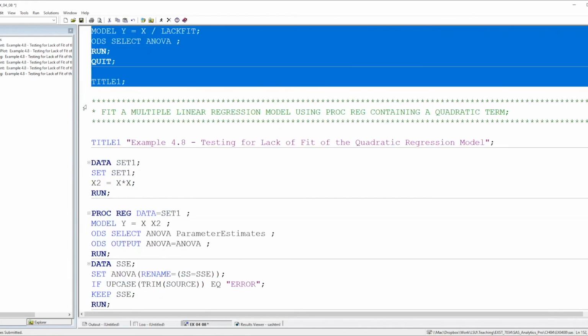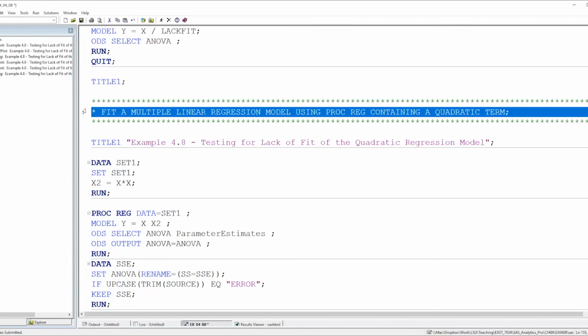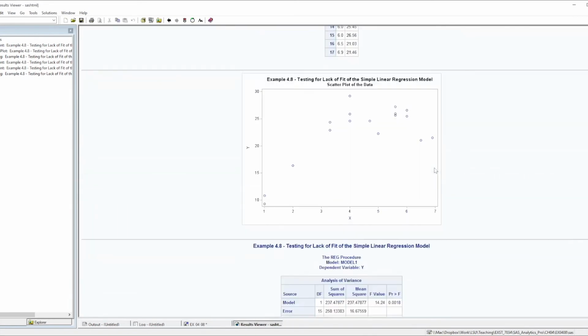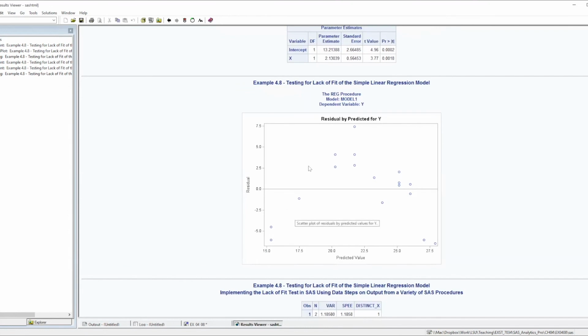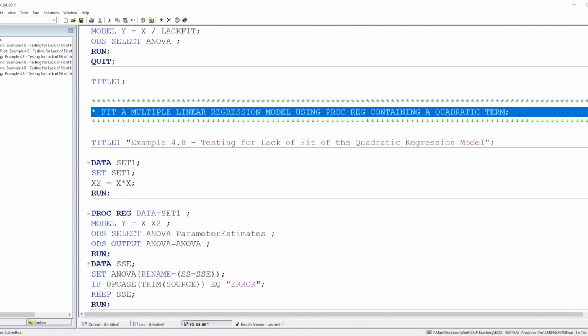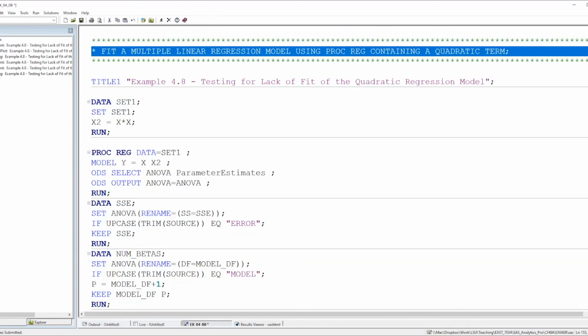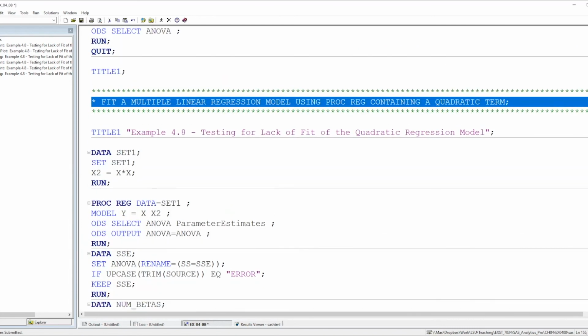Okay, the next thing we're going to do is, because the lack of fit test is significant, and because that residual plot from the simple linear regression model seems to indicate that we need a quadratic term, we're going to go ahead and add a quadratic term to the model. Now, one difference between PROC REG and, for example, PROC GLM or PROC MIXED, if you are familiar with those,